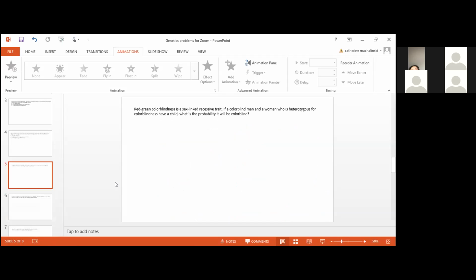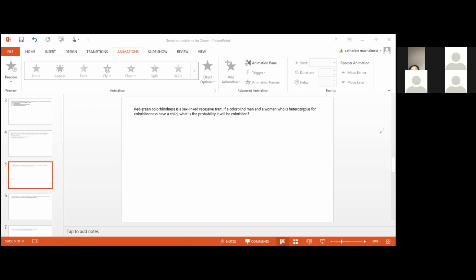All right, so let's try a different sort of problem. In this one here, we have red-green color blindness. And red-green color blindness is a trait that is on the X chromosome. So those sorts of traits we call sex-linked or X-linked. When we write out the genotypes for sex-linked traits, we must include the XX chromosomes for female and the XY